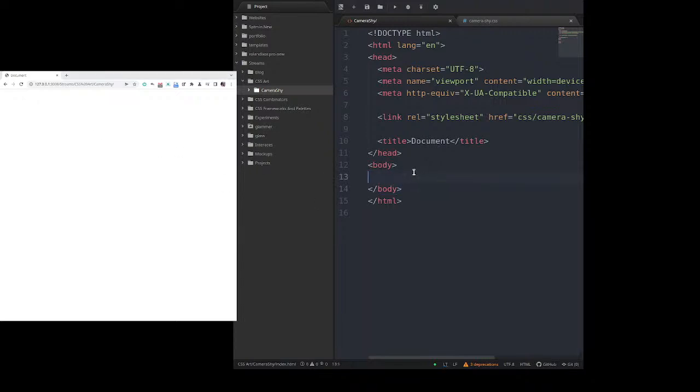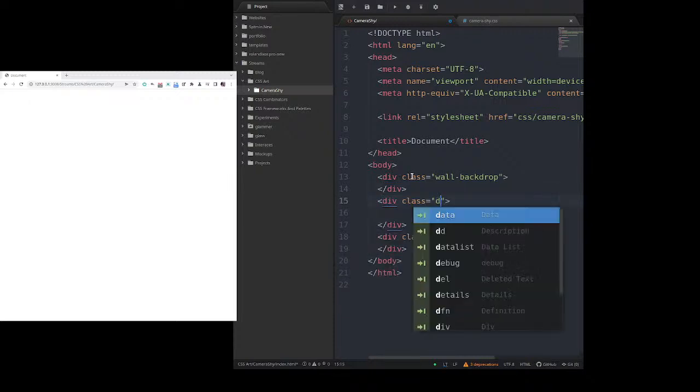I'm going to add a div with the class wall, or I should put wall, well, this should be backdrop. Then another div with the class wall left, a div here with the class door,